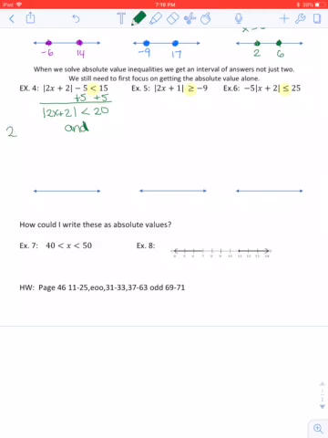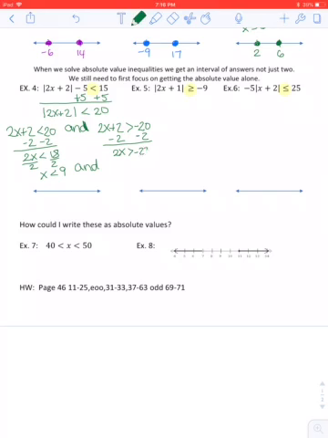So the first condition is 2x plus 2 would be less than 20. And the second condition is that the 2x plus 2 would be greater than negative 20, because when you do the opposite, you would flip the inequality. Okay, then we go ahead and solve. Subtract 2, 2x, and then 18. We've already kind of talked about this a little bit, but we're still going over it. So we get x is less than 9, and the important word, we subtract 2,